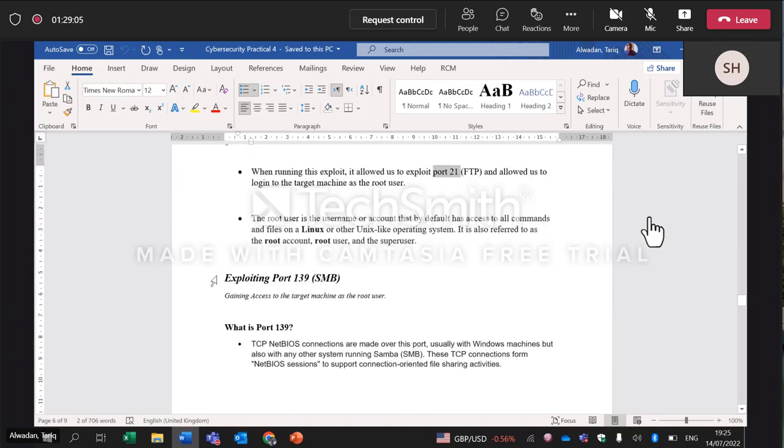Another task is to do the same steps but with a different port. This port is 139, which is SMB, which is also used for TCP NetBIOS connections. And usually with Windows machines, it's used for running Samba. And these TCP connections within NetBIOS,